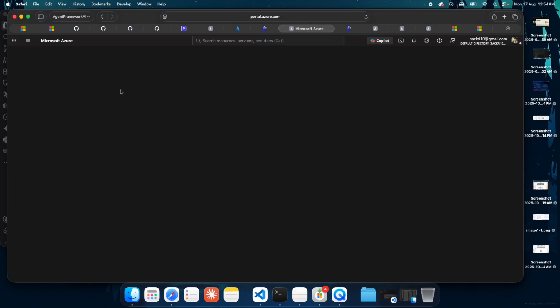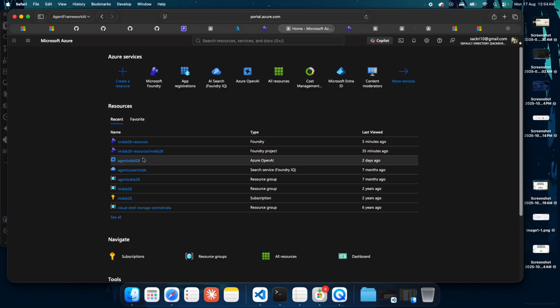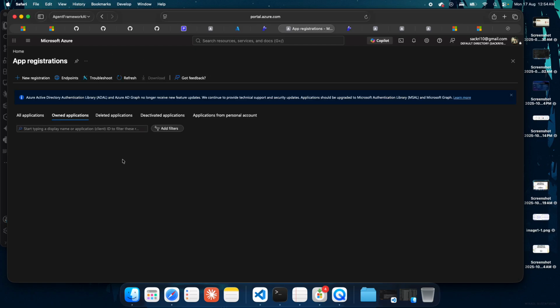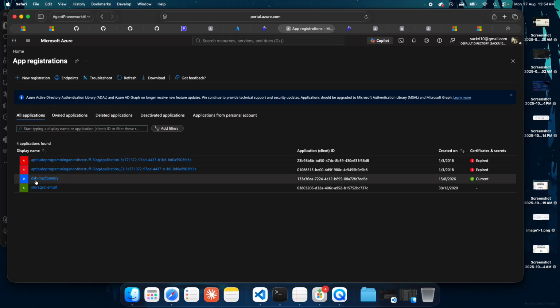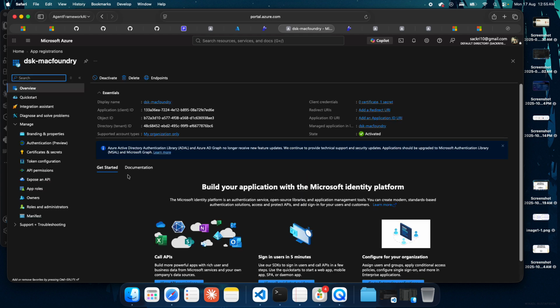Before that, let us go through the app registrations. We should register one app so that we can use its client ID and all the other information. I have created one app here called DSK-Mac Foundry, which was just a normal process, and I have this client ID, and it also has a client secret and tenant ID.